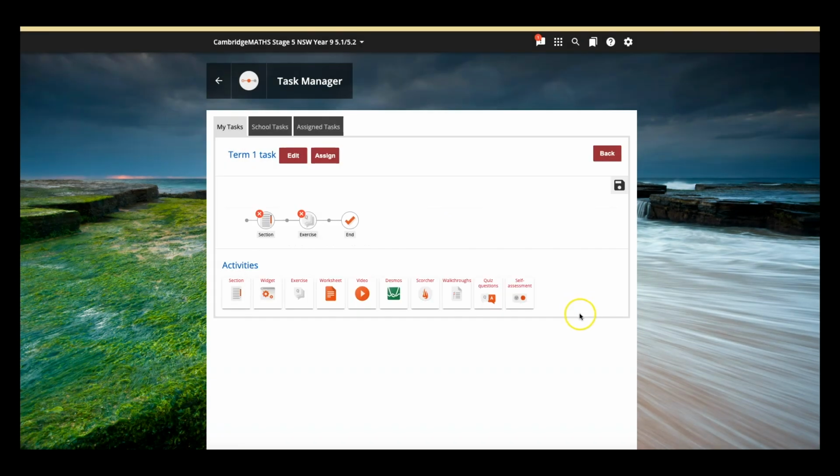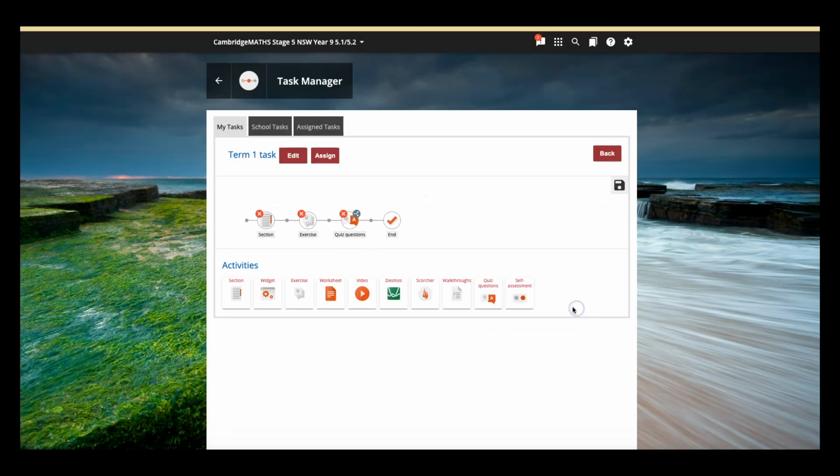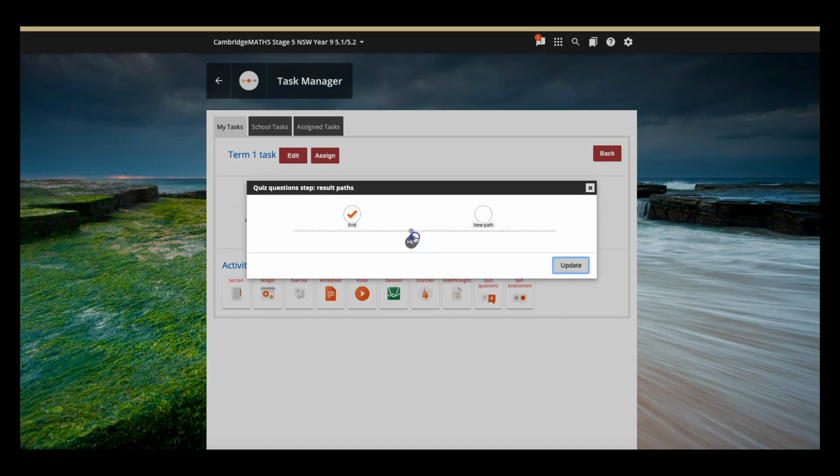When you add a measurable activity, such as a score chart or a quiz, you will see a set of arrows on the top of the icon. This indicates a point where you can direct students on a different path based on their results. If we click on these arrows, you will see a slider that enables you to set the achievement score for